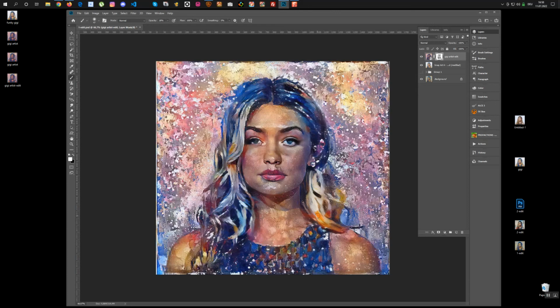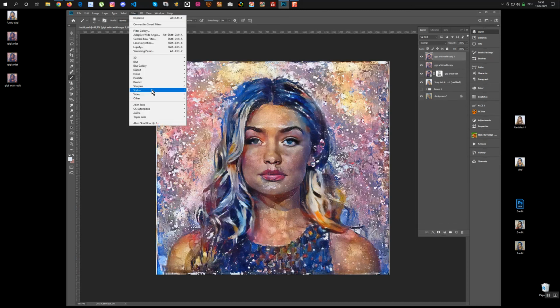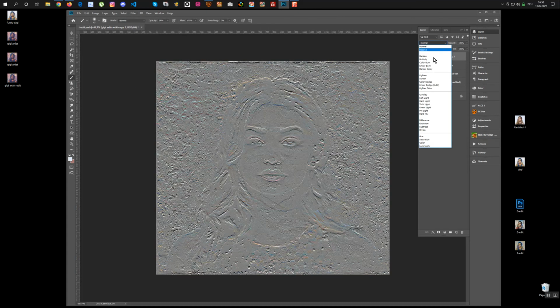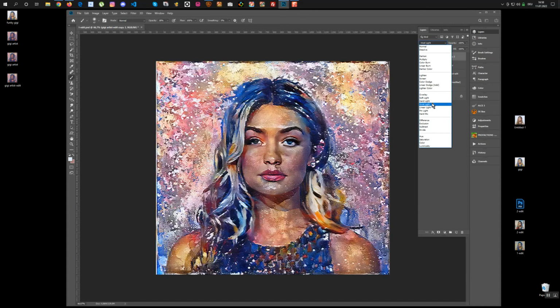Yeah, that looks okay. Now the next step is filter, stylize, emboss, and let's take vivid light. Or no, that's too much. That's not good. It's not working at all. Let's take vivid light. Okay,